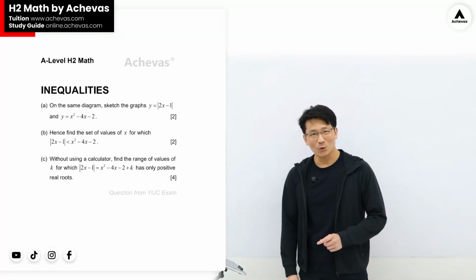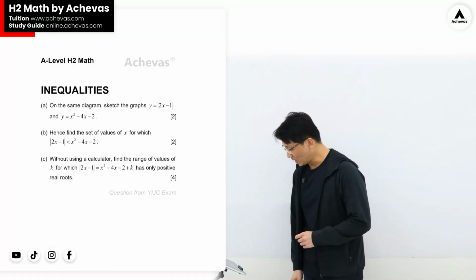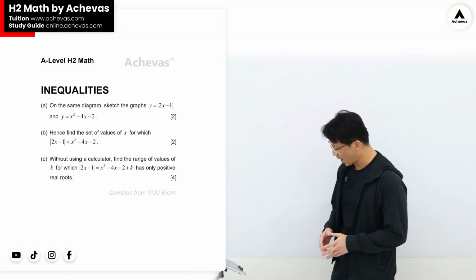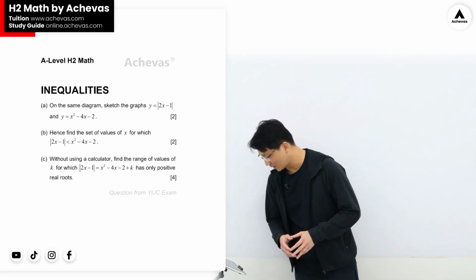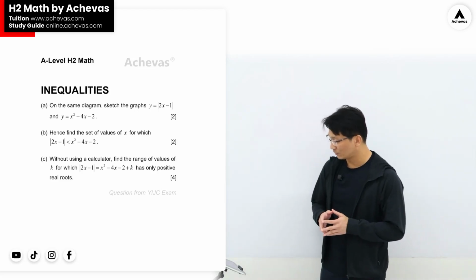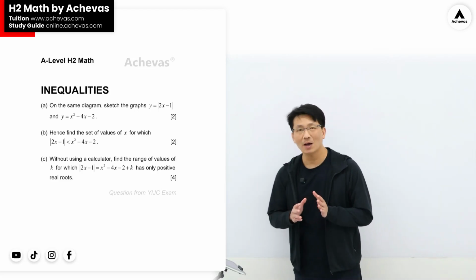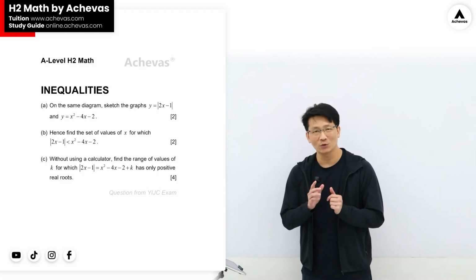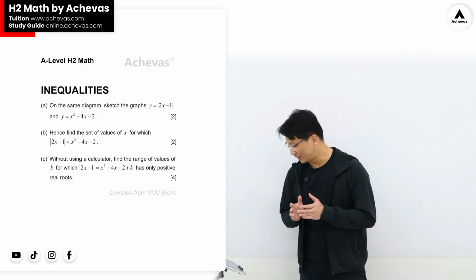Let's take a look at this inequality question. In part A, on the same diagram, sketch the graph of y equal to modulus of 2x minus 1 and y equal to x squared minus 4x minus 2. In this part of the question, we're going to just make use of our calculator, our GC, to sketch out